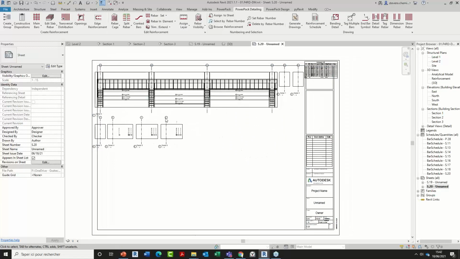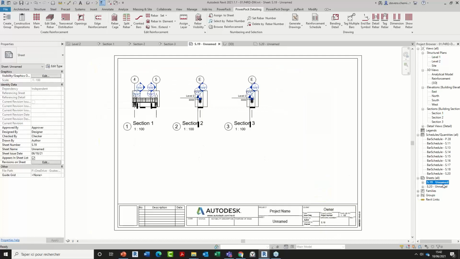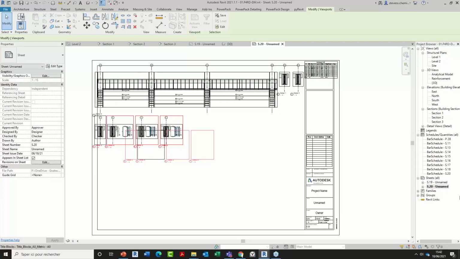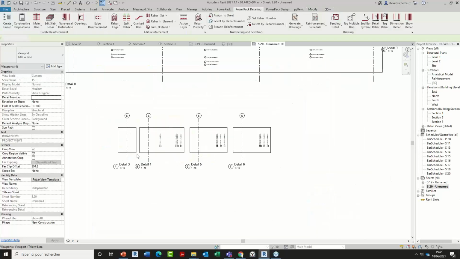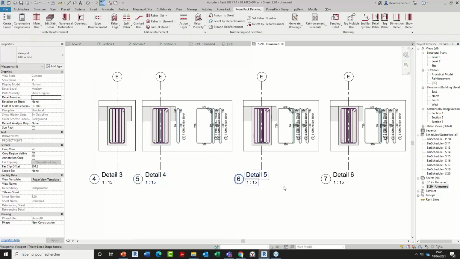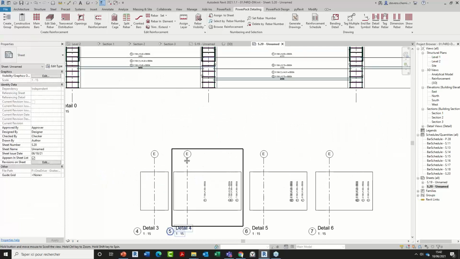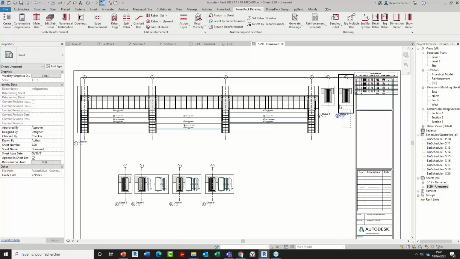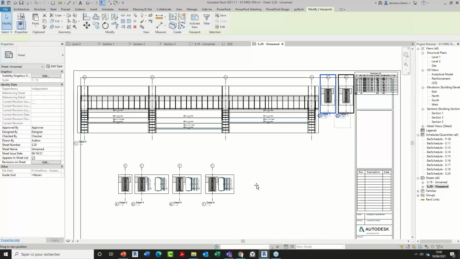So here we have this full individual beam created. This is another sheet, so I will not pay attention to that. Created with, you see, the right scales here. Those views I can move, for example.